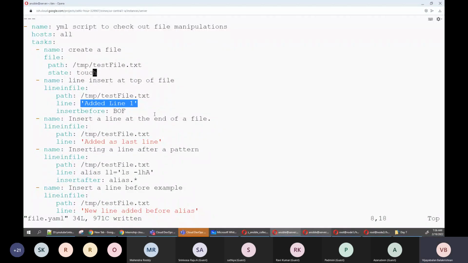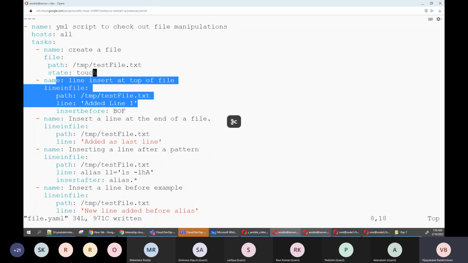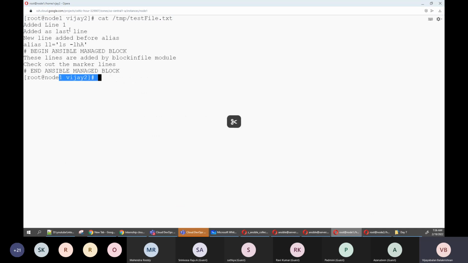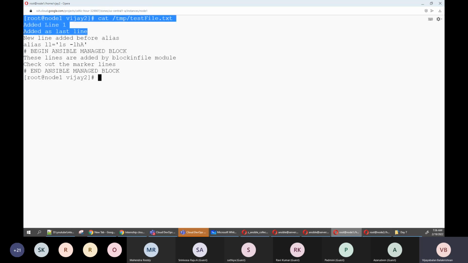So when we execute, the file will be created. This line will be added at that time. This is the only line in this file. So that is why this got added here. So don't think it has to be added at the last, because while we are executing, it will be added as the last line because this is the only line that was there. Can you confirm in the chat?